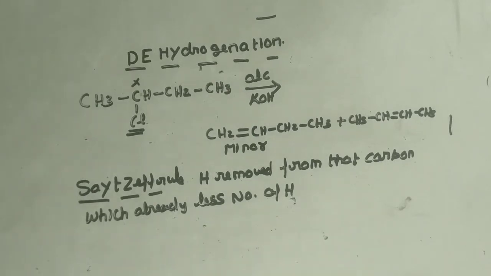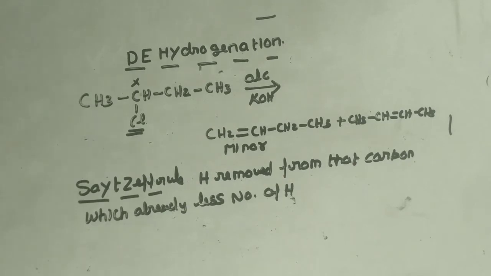Now we are doing the elimination reaction in the case of the halogen containing compound. What are the reagents we can use? We can use alcoholic KOH, we can use sodium alkoxide, for example sodium ethoxide, or we can use NaNH2. We have to use a strong base for removal of halogen and hydrogen. And dehydrohalogenation happens in accordance with the rule called the Saytzeff rule.